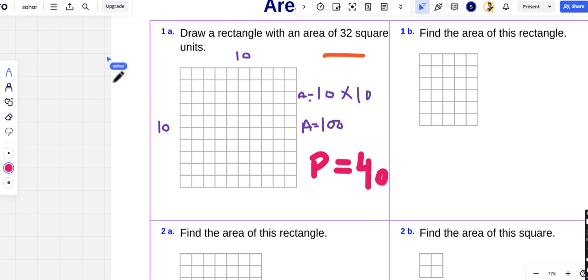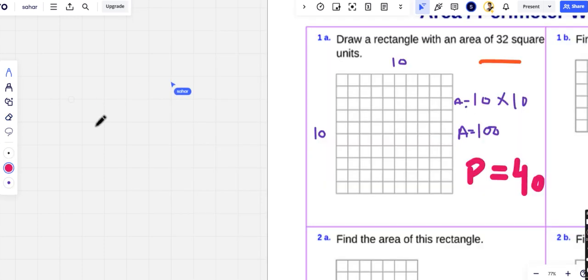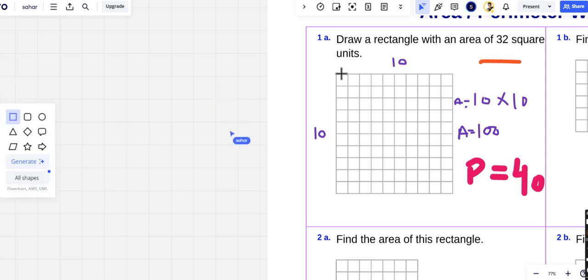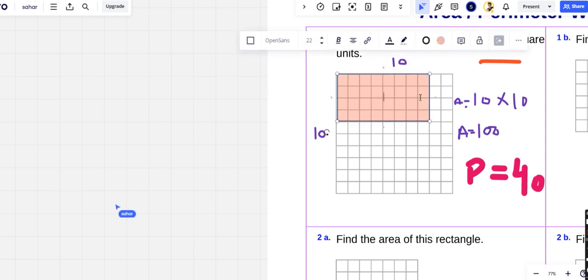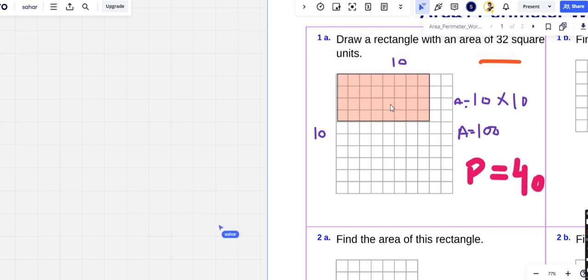32 we get from how much? By 8 times how much? 8 times 4, we get how much? Oh, 8 times 4. 32. Good. So we just select 8 grids on top and 4 grids on bottom. Okay. Clearly this one presents 32